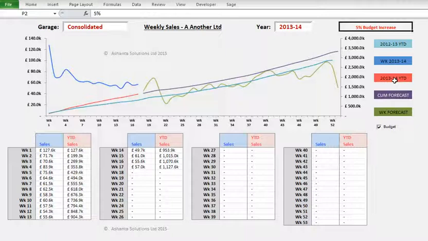And here we've just got the legend showing what the different lines represent. And again, I can take that away, or I can put it back in play. And again, I can switch views. So I hope this gives you an idea of the kind of charts that you can have in your management